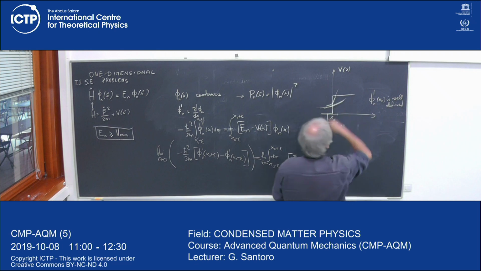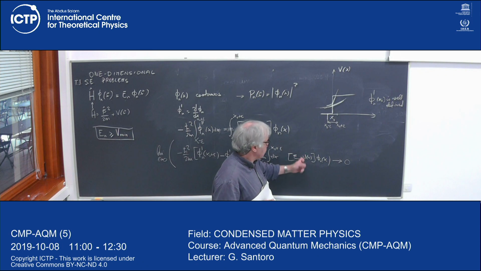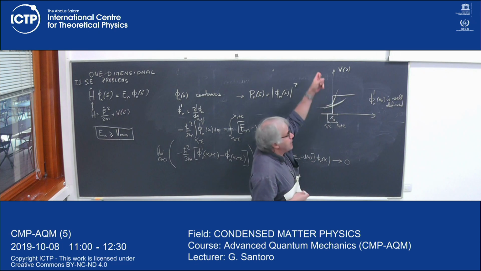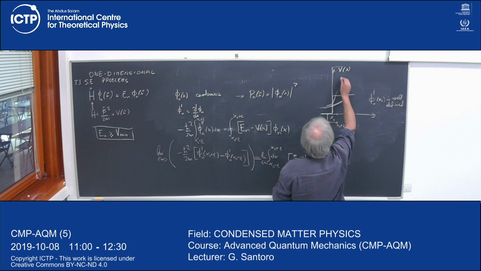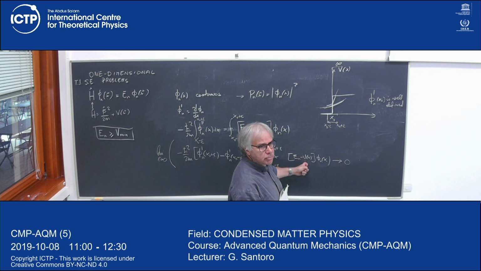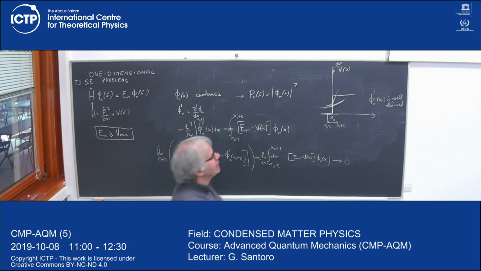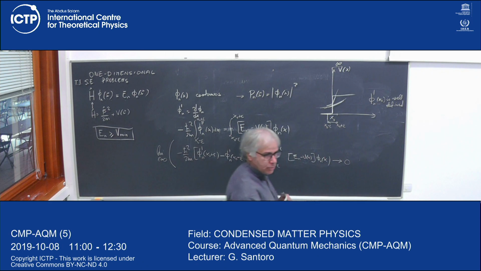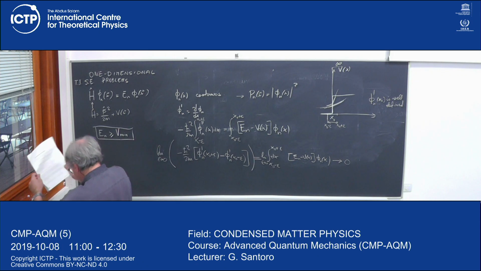Although the potential has a step, you see immediately that the argument or the proof fails if the step is infinite. So if I have a potential that has an infinite discontinuity, so here is infinite, say, and here is 0, then this object is not small. And therefore, you should be aware that phi prime might be discontinuous if there is an infinite jump. That's it. Clear so far?